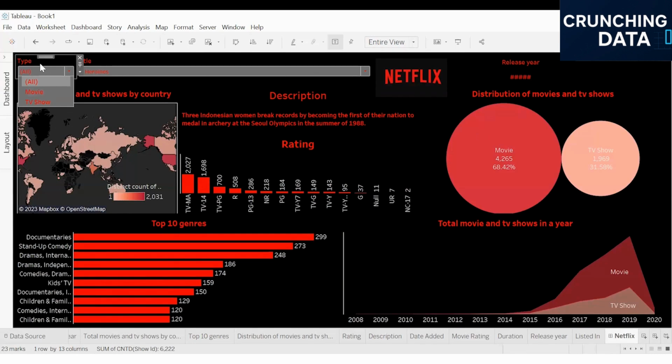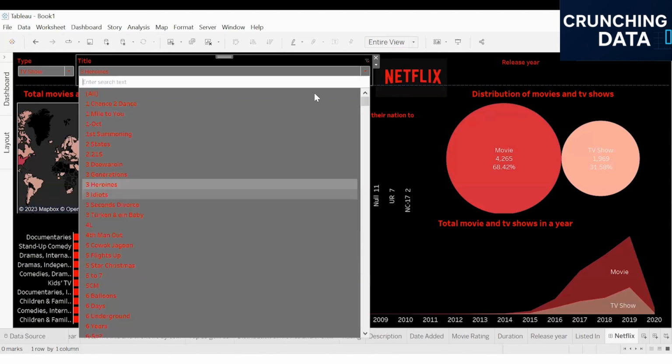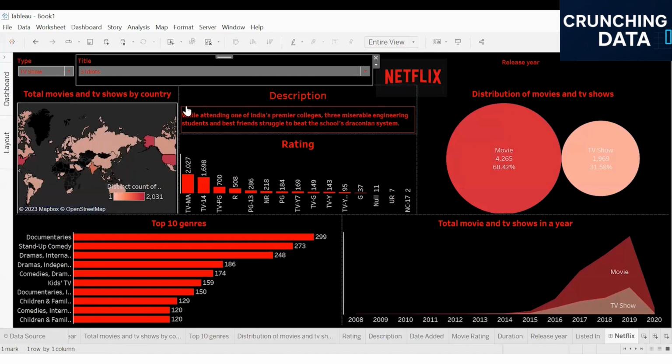So first, the user would come over here in the type and select whether they want to go with the movies or the TV shows. After they choose their desired input, they will be given information like the title of the movie that they want to go with. For example, if they want to go with Three Idiots, the next part is that it should show the description